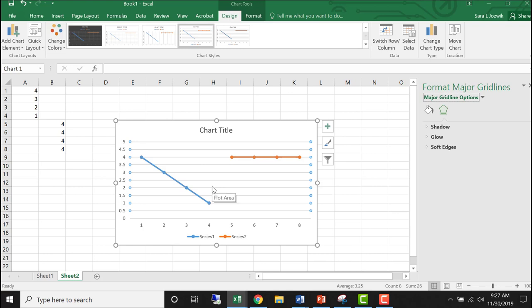I'm going to get rid of the background lines. I just double click on them and then I hit backspace on my computer. So right now they're double clicked. They look like they're